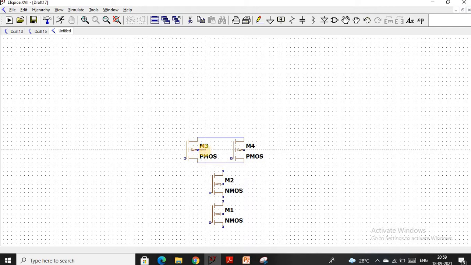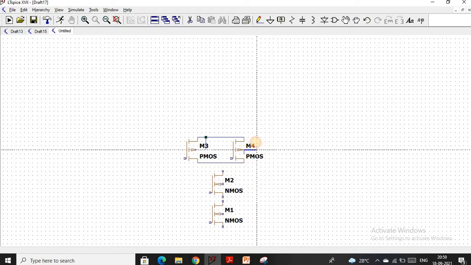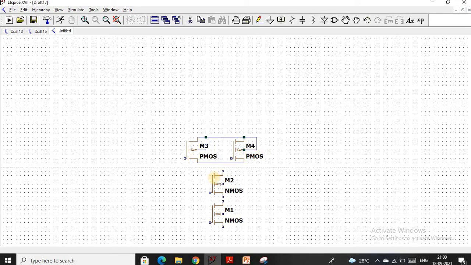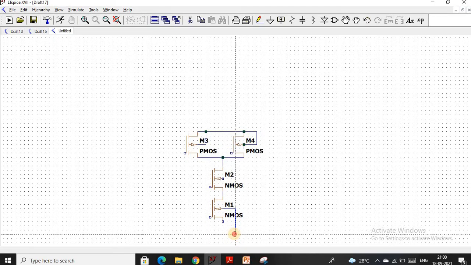Always the substrate of the PMOS is connected to VDD. So I connected it to VDD, and the substrates of the PMOS are connected in such a way, and the NMOS connected in series, and the substrate of the NMOS connected to ground.